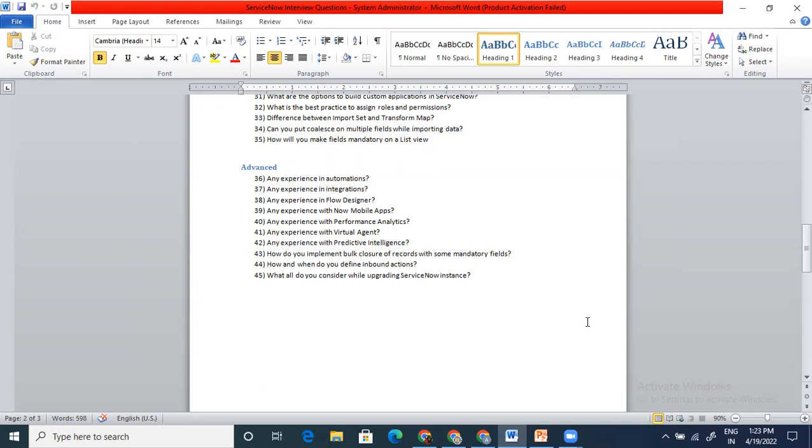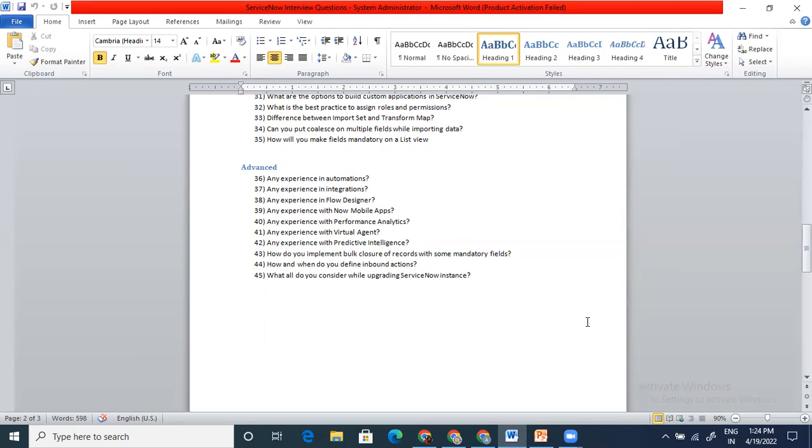Now, I think the people who are working on the recent releases of ServiceNow, like Paris, Quebec, Rome, San Diego, they should be working on Flow Designer if they're working at an admin level or as a developer level. And I think we have all seen the concept of Flow Designer already. You have a trigger, you have an action, you have the entire flow there. Now that action can be used